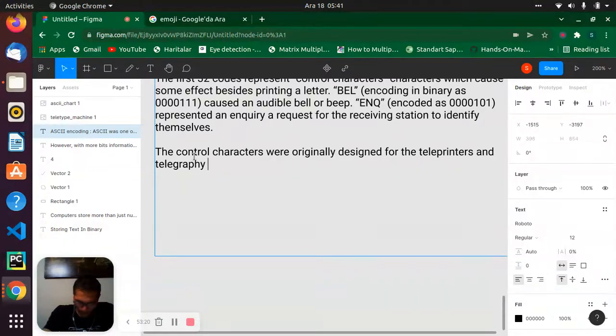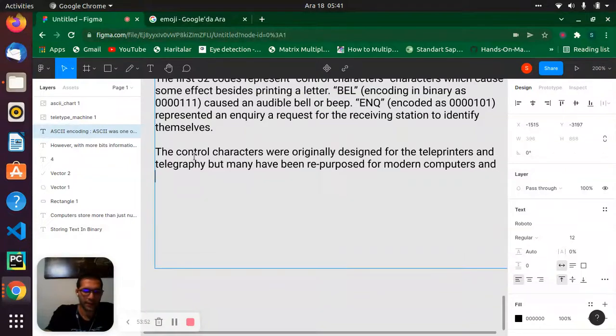But many have been repurposed for modern computers and the internet, especially...